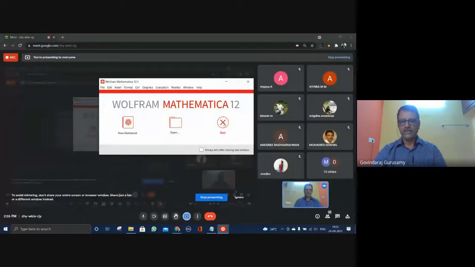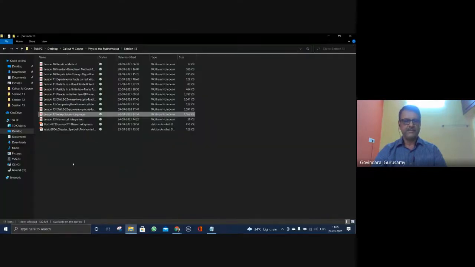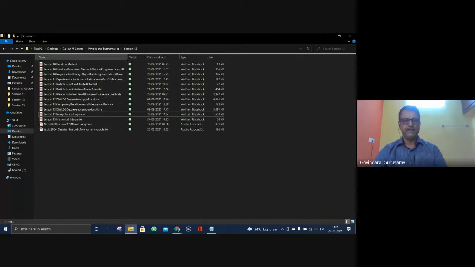Before you go to the next part of the analysis, I want to spend some time on the pure function. I think yesterday we have seen some of the mathematical course, the way to apply function. Here we'll spend some more time on the pure function analysis, and then we'll start the numerical integration. That will be quite interesting. So we'll try to learn numerical integration afterwards. We'll start from here.